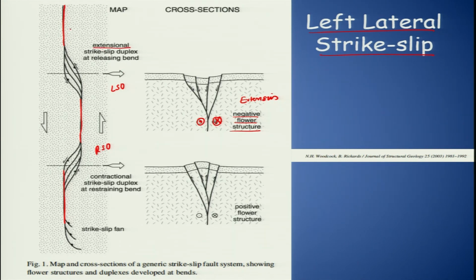So for example, this block is moving like that, and this is coming towards you, this is moving in this direction, and this is coming, sorry, this is coming towards you, and this is moving away from you. Okay, so this will be extension going on. Okay, whereas in this case again, this block is moving towards you, the left one, and this block is moving away from you, this is towards you. Okay, so this portion will be your